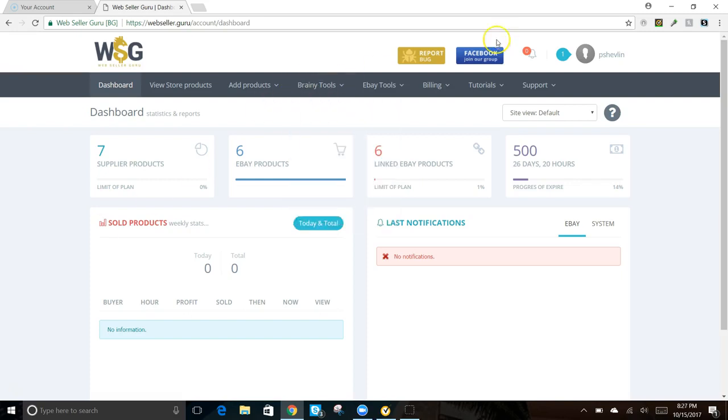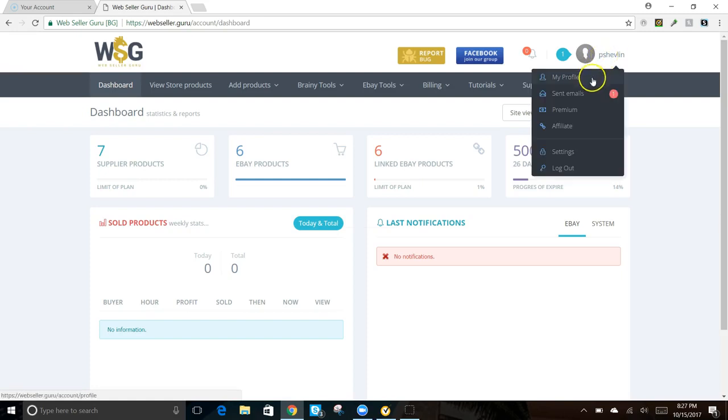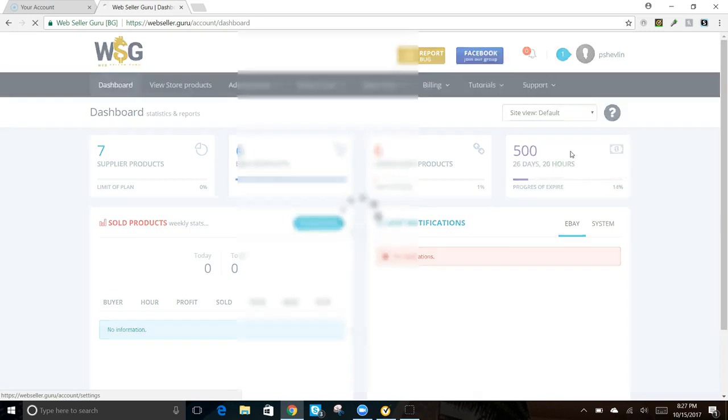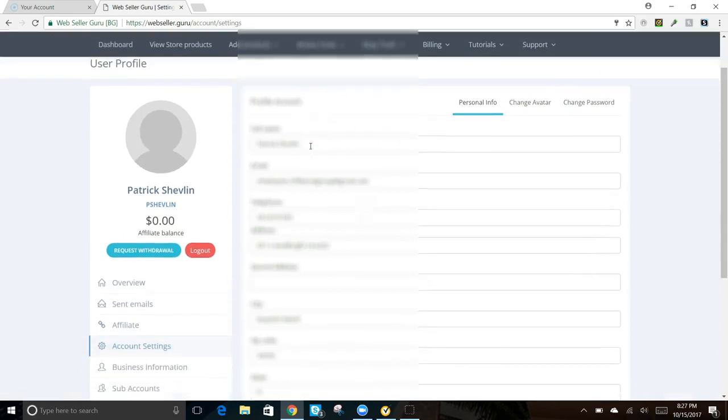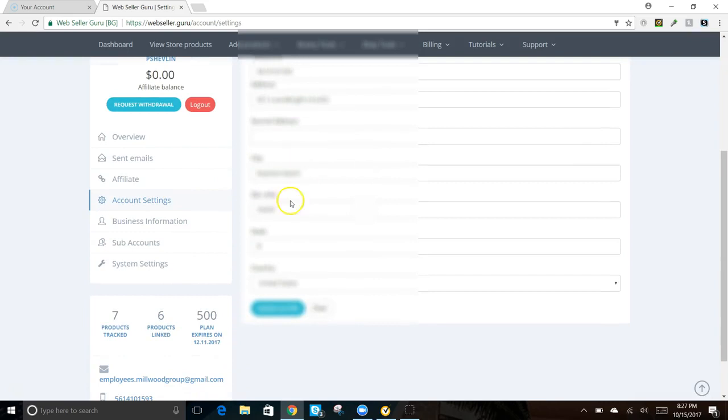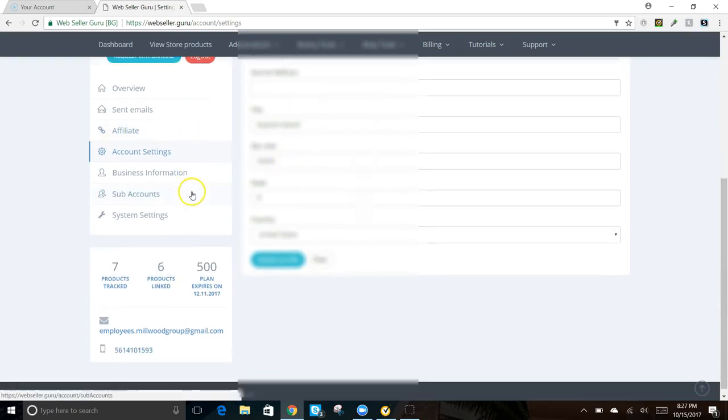So the first thing you want to do is when you come to your home page and you log in, you want to go over here and click on your name and then go down to your settings here, right? So once you get in your settings, you want to fill out your personal info, all of that, and then what's important is